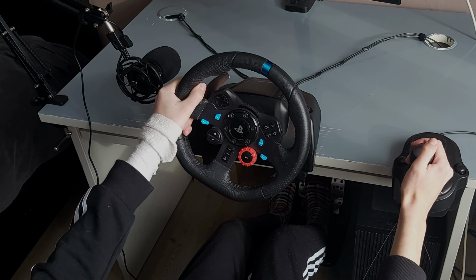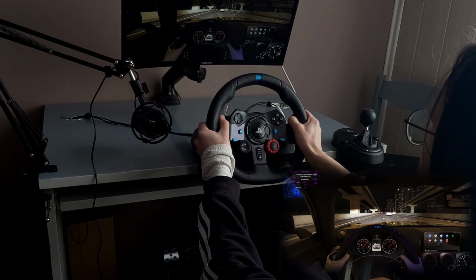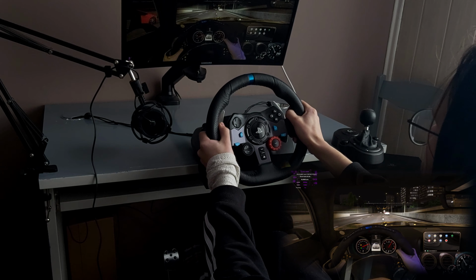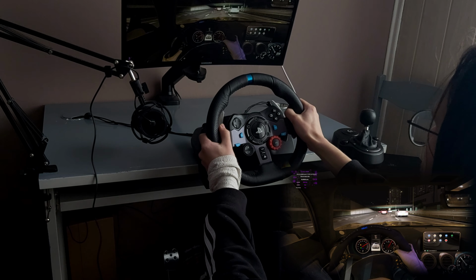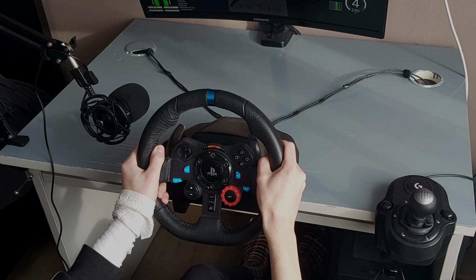The force feedback itself works, the 900-degree wheel rotation is enough for pretty much everything. Response time and details are pretty decent, nothing mind-blowing, but it's enough to understand the basics of each car. You can feel each time the car begins to oversteer or understeer. It pretty much does what it should do as a wheel, but that's where the positive stuff about the force